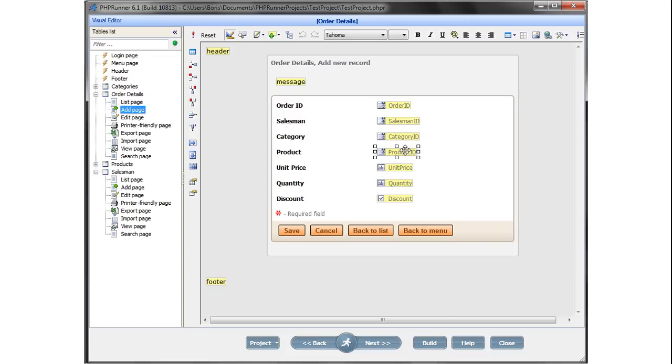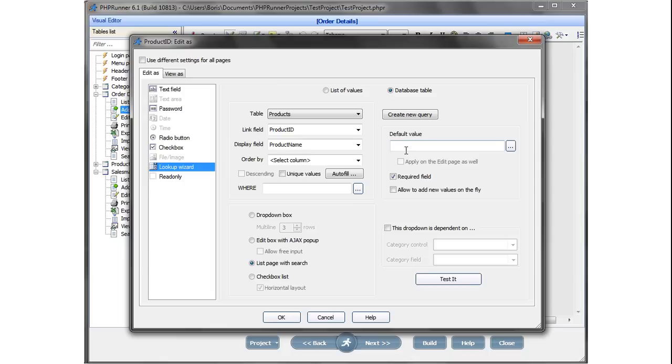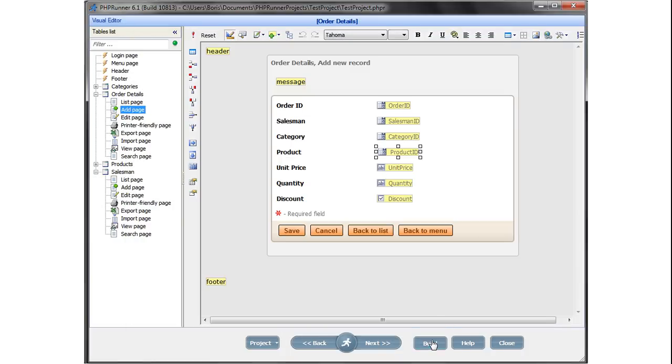Another way to display the drop-down box is the checkbox, and this is especially helpful if you have a large number of records as well, and you can select the checkboxes. You can do one of 2 things. You can display the checkboxes vertically, or you can do them horizontally. So you can check that off right here. Let's take a look. So if we build this,